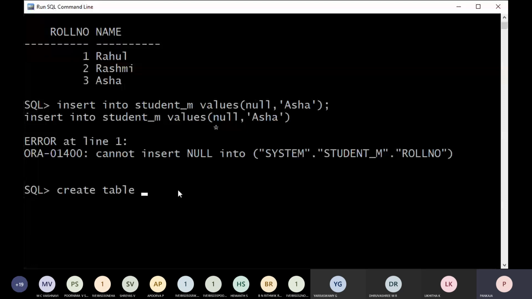Create table. Once again, I'll just go with student. I will take some of the attributes, that is college, varchar2(4), comma. Follow the format also, if you are comfortable to type like this, roll number,